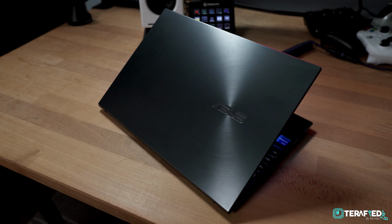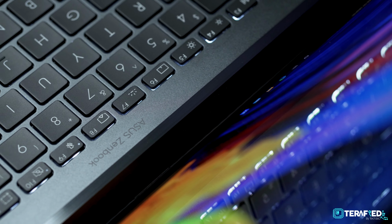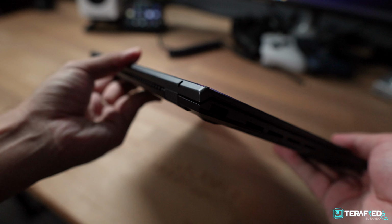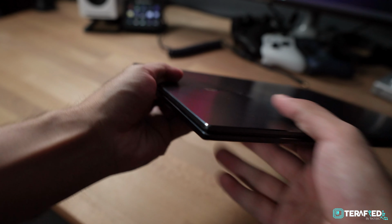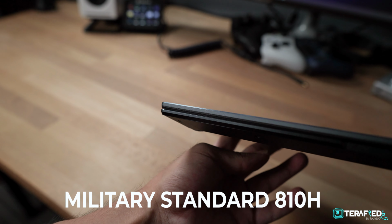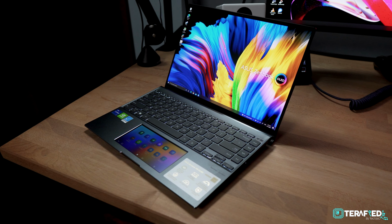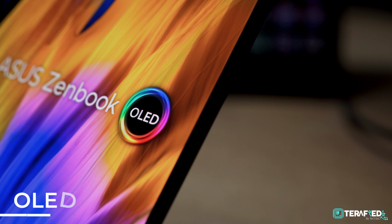Couple that with the overall professional looking chassis that's just about 17mm thin and the subtle bluish pine grey colour, it really is just a good looking laptop. But of course, it's also easy on your back as well, for it weighs just about 1.4kg and is even military standard 810H certified. But now let's talk about the main defining feature of this laptop, that display, and it's